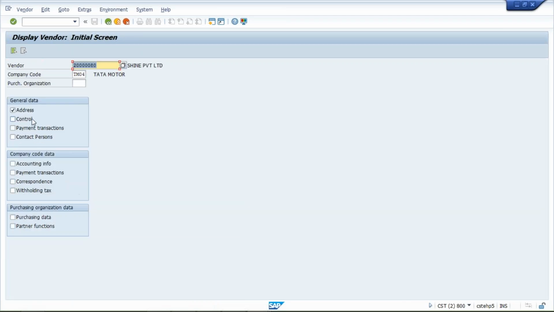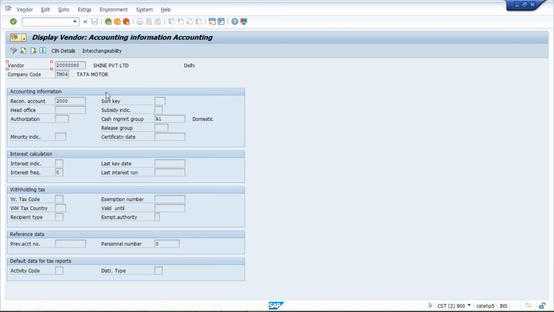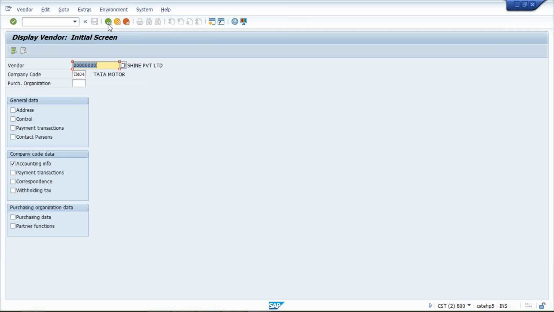Likewise, if we apply a check mark on accounting info and press enter, we reach that tab. Likewise, we have the withholding tax field also. Press enter. Nothing is happening, guys. The system is saying that extended withholding tax functionality is not active. This functionality we have not activated yet.